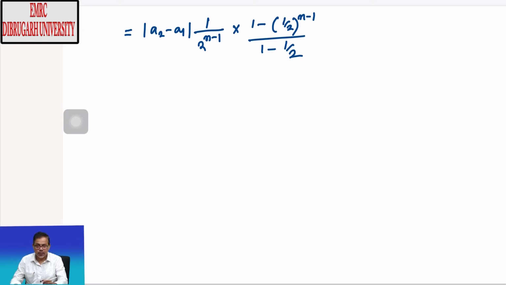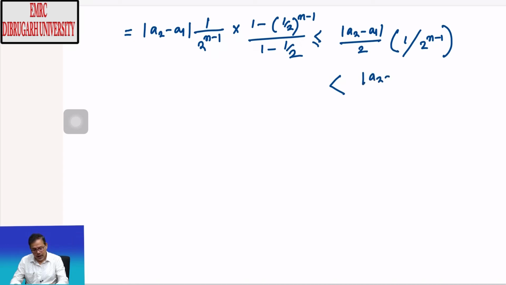This is a GP, therefore we get the sum of the GP, which is less than or equal to a_2 minus a_1 divided by 2, 1 divided by 2 to the power n minus 1, and that is less than a_2 minus a_1 absolute value divided by 2 to the power n. And this is why, because 1 by 2 to the power n is less than 1 by n,